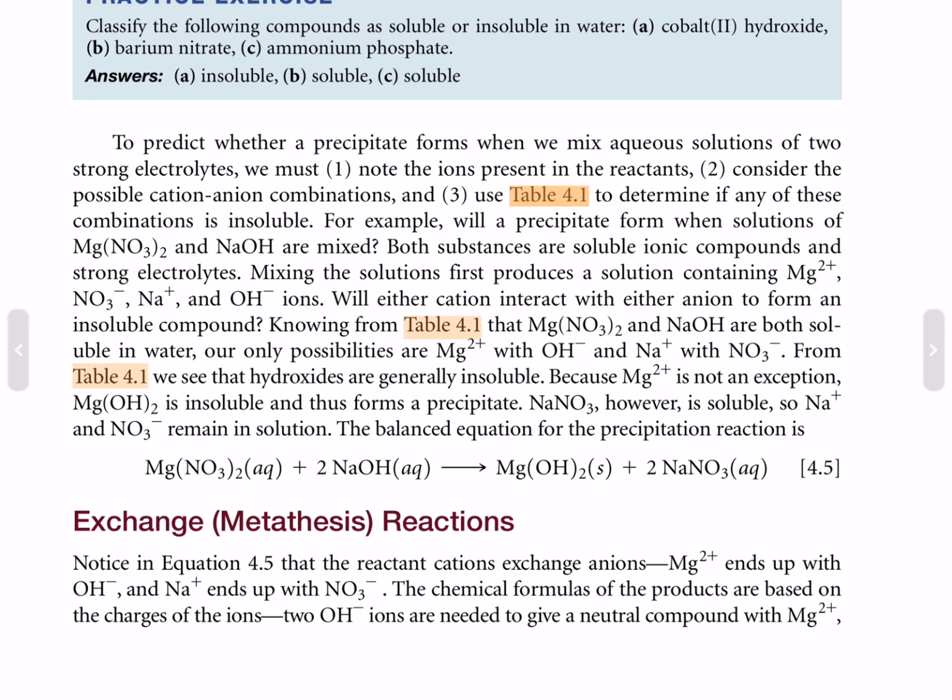Exchange or metathesis reactions. Notice in equation 4.5 that the reactant cations exchange anions. Magnesium ion ends up with hydroxide and sodium ion ends up with nitrate. The chemical formulas of the products are based upon the charges of the ions. Two hydroxide ions are needed to give the neutral compound with magnesium 2+,